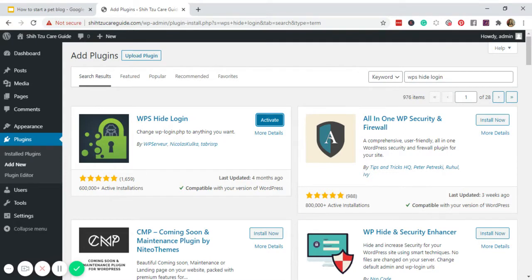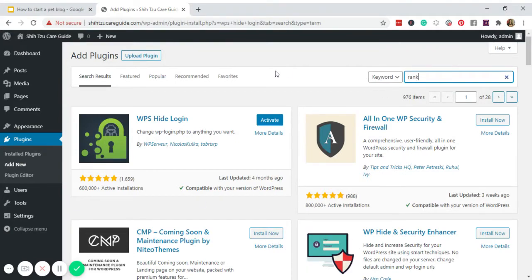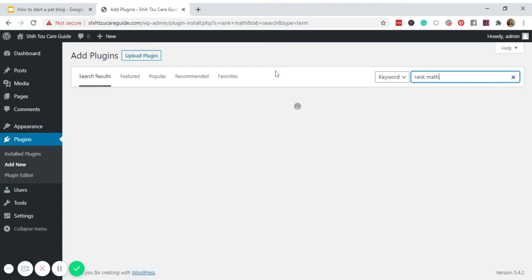This plugin allows you to hide your default login page, because normally for WordPress, the login page is always your domainname.com/WP admin, and that's it. So this hide login plugin allows you to remove WP admin and change it into something else, something that's very hard to guess. Okay. Next, let us, of course, install Rank Math for SEO,